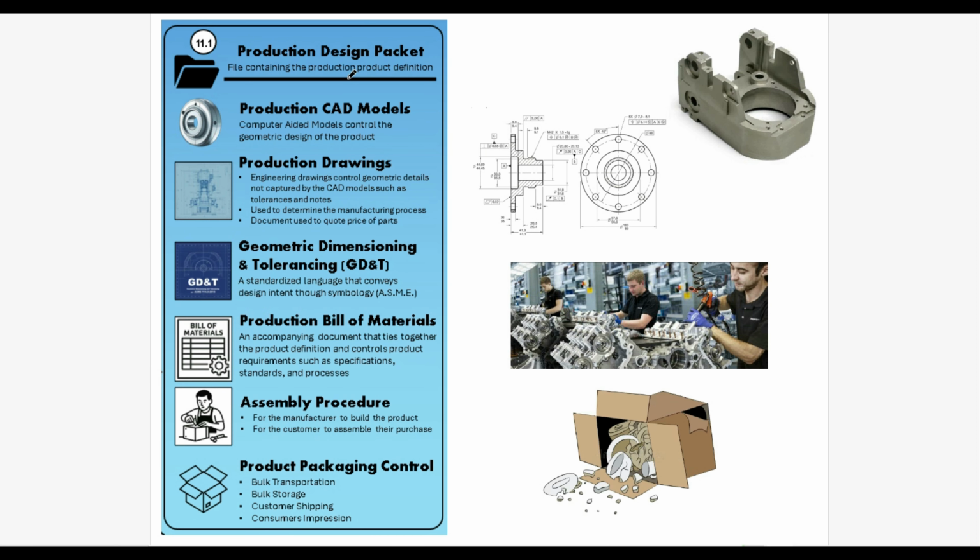Okay, so the production design package has very similar elements to the prototype design package. You got your CAD model, this is a 3D version, and you have your 2D drawings that give you additional details and tolerances that's not captured in CAD. And then you might want to do some geometric dimensioning and tolerancing. This is the American Society of Mechanical Engineering's method of conveying. So it's essentially the language that manufacturers and designers speak to know what they actually mean and bring them on the same page. Because just looking at the 3D model, you don't know how accurate it needs to be,